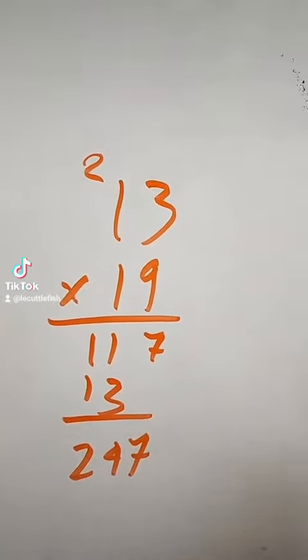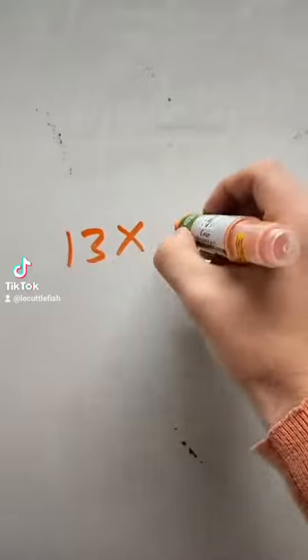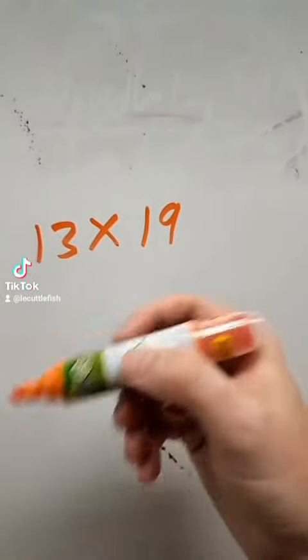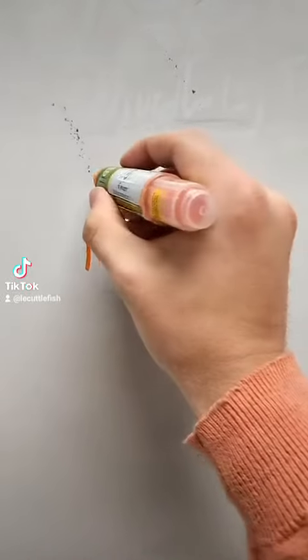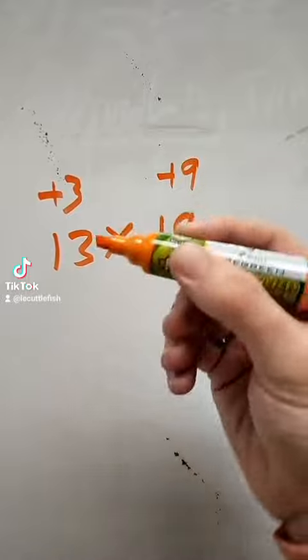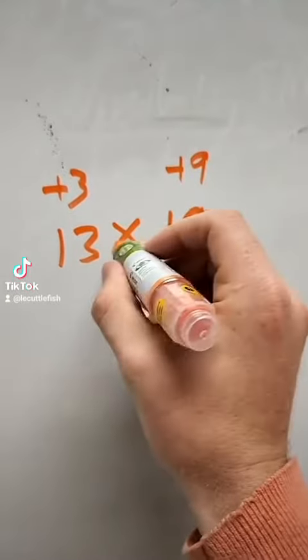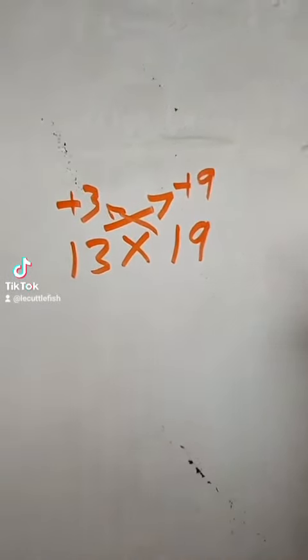But what if I told you there's a different way called base 10 multiplication? So you come here, 13 times 19, and basically what we're going to do is look at these two numbers and see how high above 10 they actually are. So this one is 3 above 10, so this one is plus 3, this one is plus 9, and so what you're going to do is take either one of these numbers and add them to either one of these numbers. So 13 plus 9 or 19 plus 3 is going to get you to the same number,